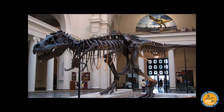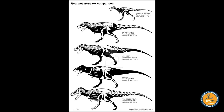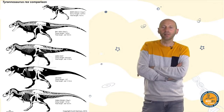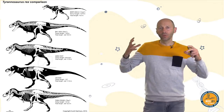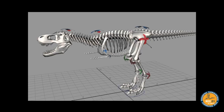So here you have another skeleton in a North American museum. Here you have another one. So there is here an anatomical plate of the T-Rex with some individuals, not all, but some interesting individuals, almost complete skeletons, which are sometimes scanned in 3D. Every bone is scanned, and then we are building the model in 3D, and we are using it for studying what we call biomechanics, so the possible angles of each articulation to better understand how the skeleton